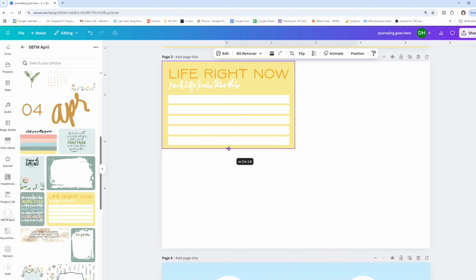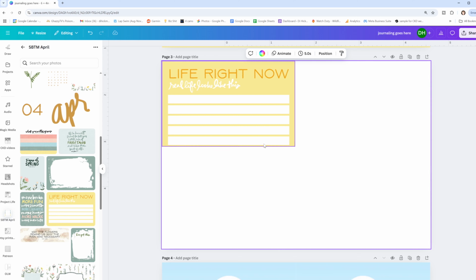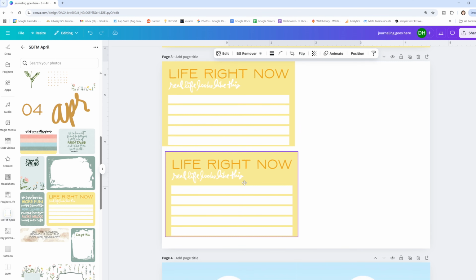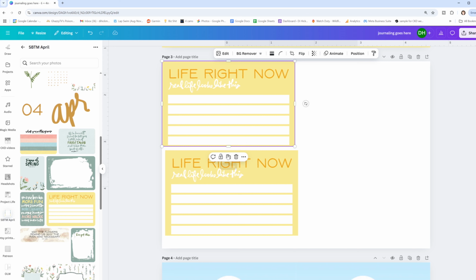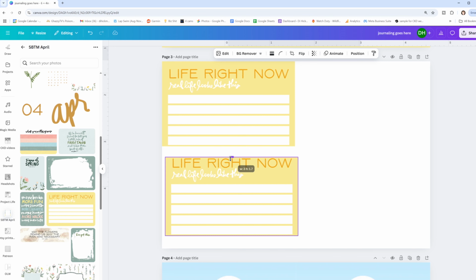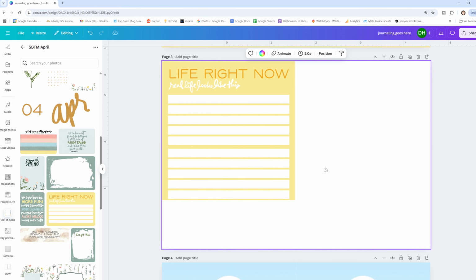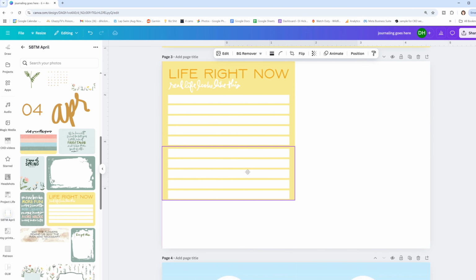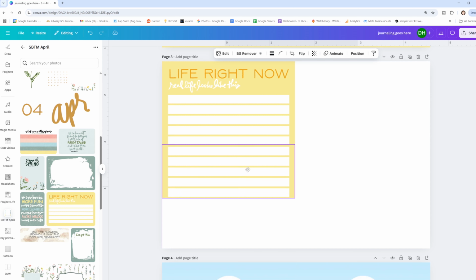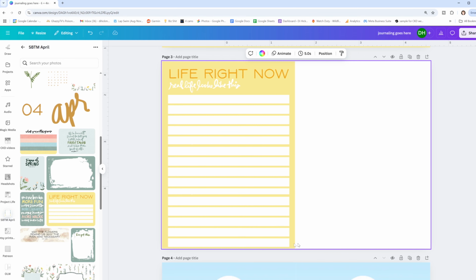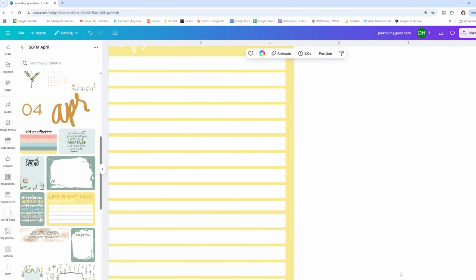But I'm going to come here and I'm going to slide it up a little bit. I'm going to duplicate it. That is Control D, or you can just use the little add thing there. And then I'm going to click, slide this bit down. And then I'm just going to push them together. Now notice how it kind of snapped to the next one. It just naturally snaps. But you can layer it. I'm going to Control D and do another one. Now I have this 3x4, but as you look at it,